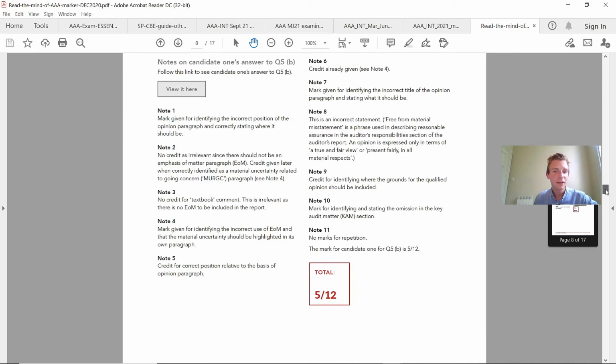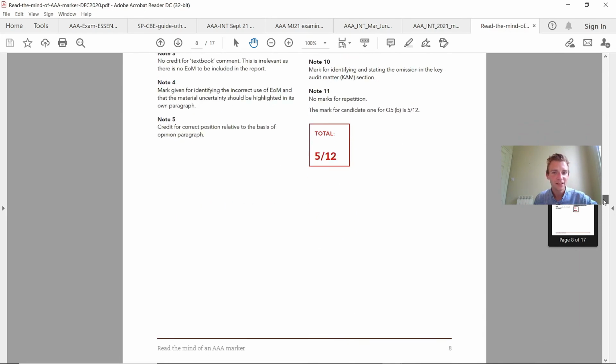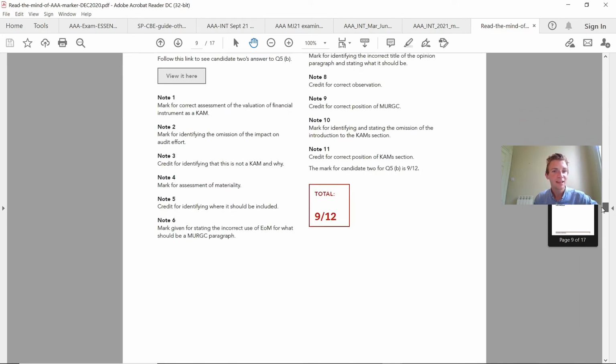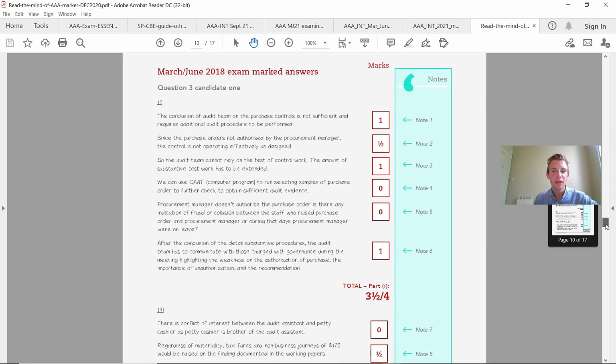So again, another really helpful resource on there to show you the level of detail that you need to be going into, the specific understanding and the standard that you need to be achieving. It has loads of different marks, showing how to pick up marks on answers on here.